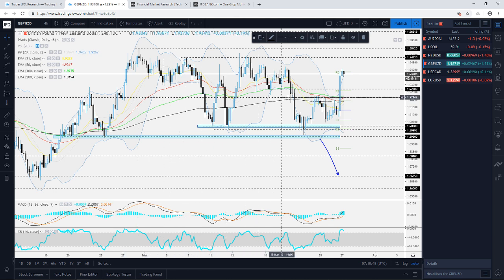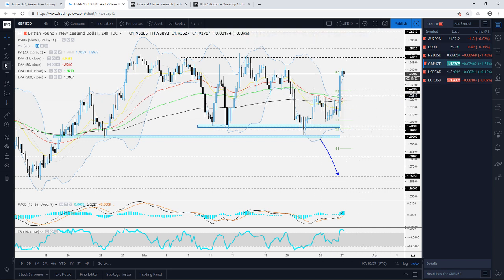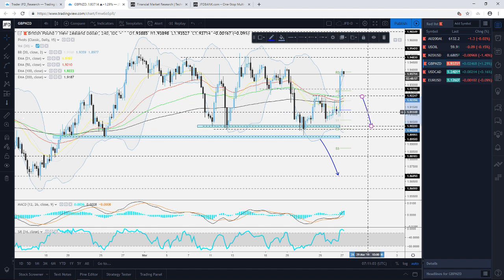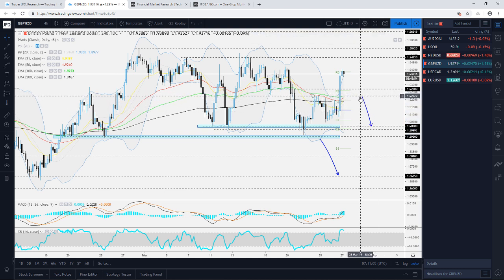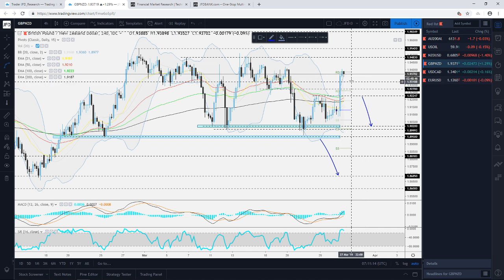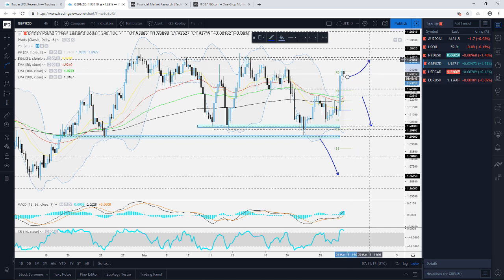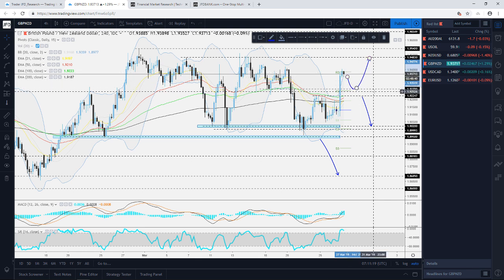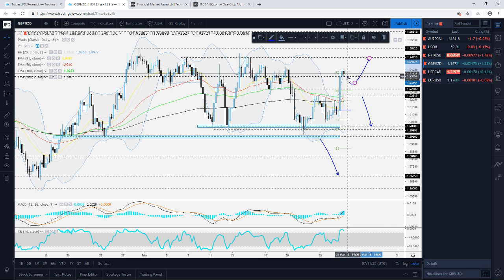Let me recycle one of these lines here, and if the pair decides to drop below the 192.25 zone, approximately there, this is where it could become more interesting for the bears again, as we could see further declines. We could see a drop lower, maybe back towards the 190.20 zone or even the psychological 190 level. But don't forget that we could see maybe a bit of retracement. I'm not saying that exactly this is where it's going to go to 192.70, but somewhere around here could be that good potential area where it could rebound and push higher again.